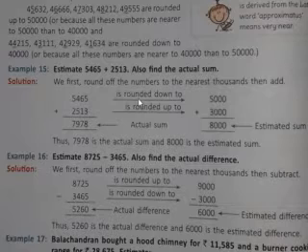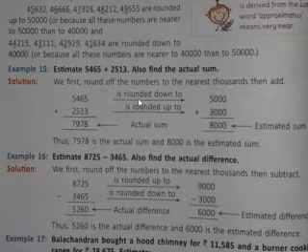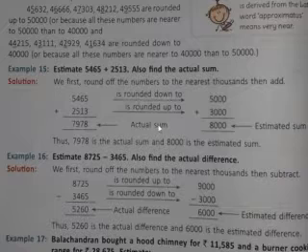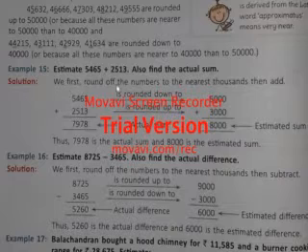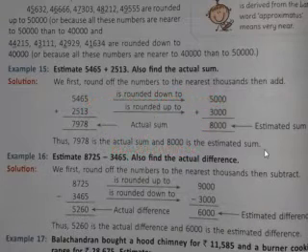Actually the actual is less and the estimation is bigger. But students, as I had already said, in our general life estimation is usually bigger than actual, but in the scientific way, when we are doing the estimation process, it can be bigger and sometimes it can be smaller too. So here it is written, thus 7,978 is the actual sum and 8,000 is the estimated sum. In this way you will write it in words also. I had left that to write in words, so you can write it yourself in a sentence.